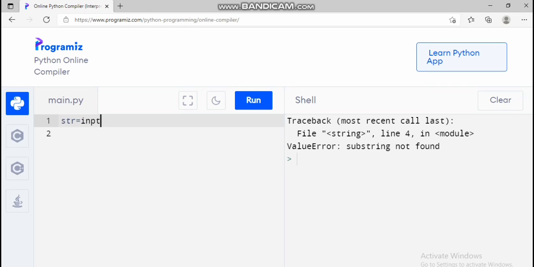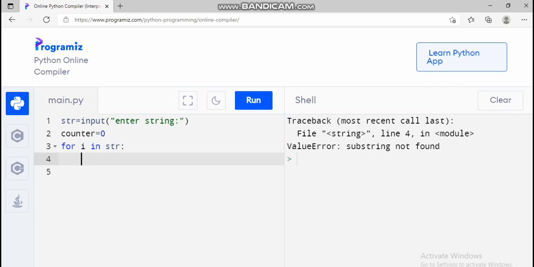So I'm using an input function here, input. Now take the string from the user only. Enter string. So I am taking a string from the user only. Let us take a variable like counter. Give the value of the counter as 0, assign it 0, and now start the loop, for I in str. So the variable I will look through str, the string which you will pass. The loop will start working from 0 only. Now inside the loop we are giving an increment to the counter variable, that is counter is equals to counter plus 1.